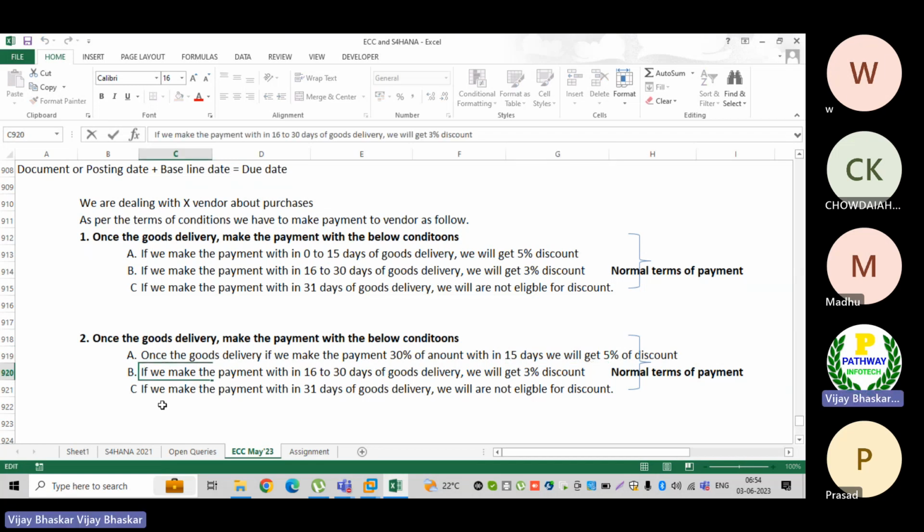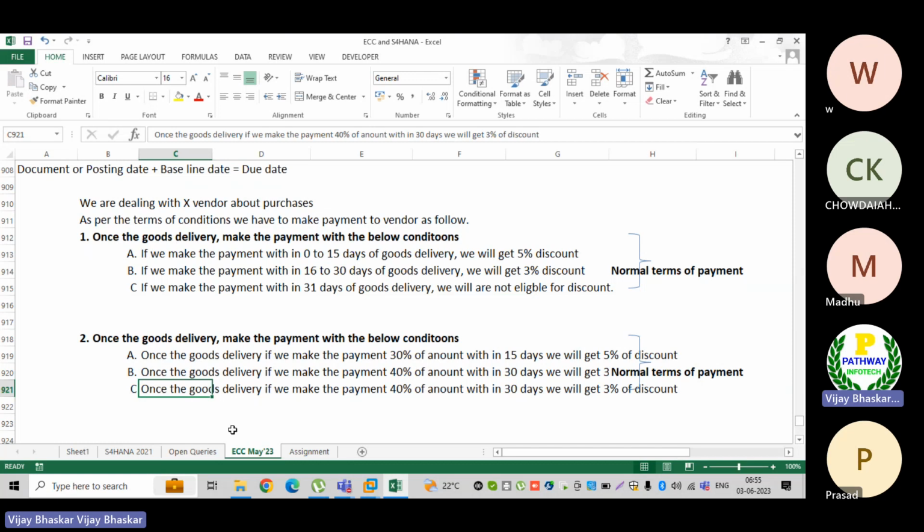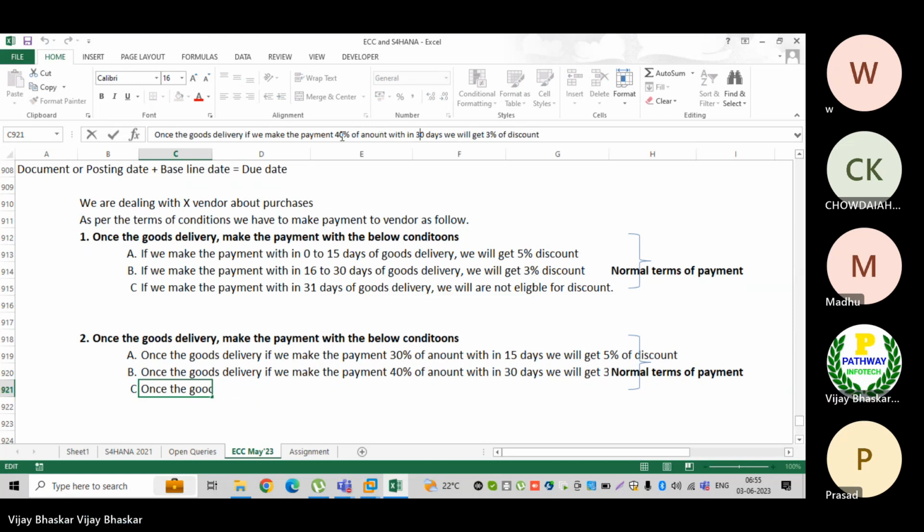Then the second thing is that once the goods are delivered, if we make the payment of the next 40% of the amount within 30 days, we will get a 3% discount. Then for the rest 30% of the amount, if we make the payment within 30 days, we will not get any discount, or we'll get 1% discount.